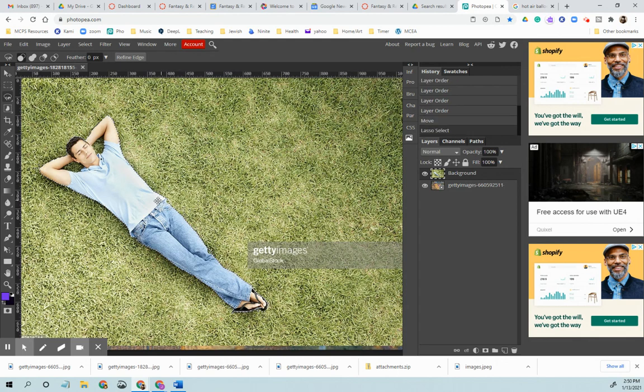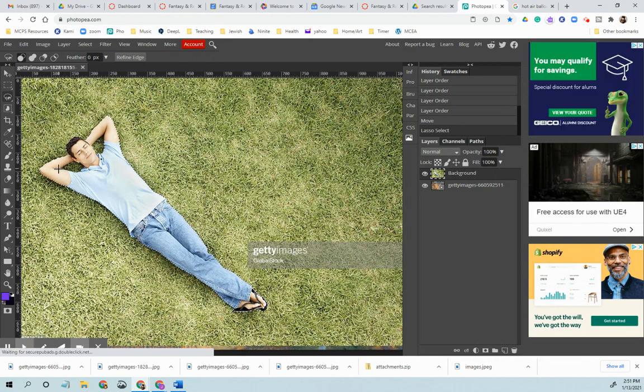There we go. So we've got those dancing ants, that dotted outline that we want to see when we fully selected something. But we've noticed, think about these gaps right here. It's one big shape that we've selected. So I'm going to show you guys two buttons that help. When we are selecting, you can use the Alt button. The Alt button is going to be down by Control and Shift, and then it'll bring up your selection tool again. I can go in this negative space right here, which we've learned about,